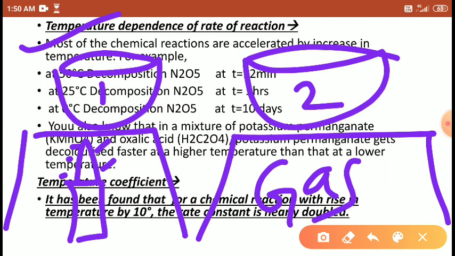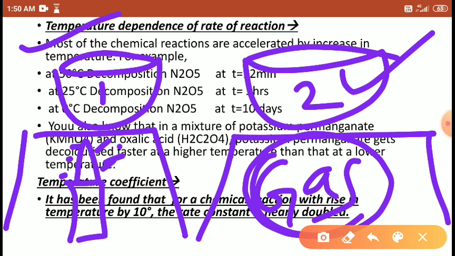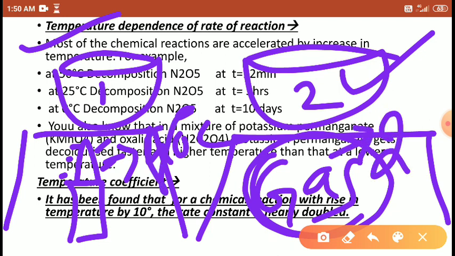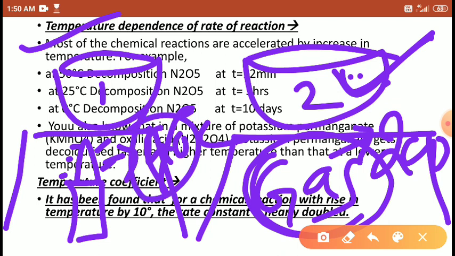So tell me students, in which utensil does the reaction proceed, or the food get prepared, at a faster rate? That is the second one, in which the temperature is high. Here consider the temperature only 40 degrees Celsius, here 80 degrees Celsius, and here 200 degrees Celsius. The food is prepared more easily in the second utensil as compared to the first, because the temperature is lower there. So temperature increases the rate of reactions.